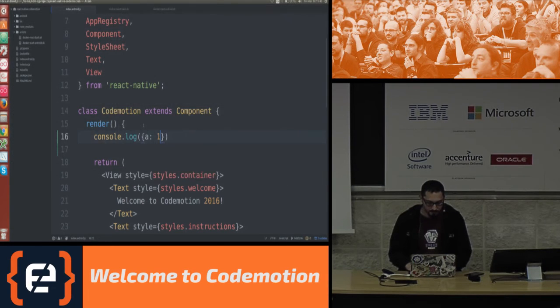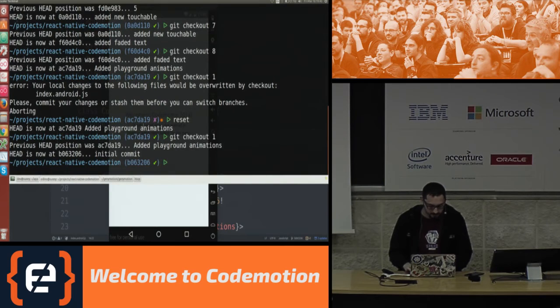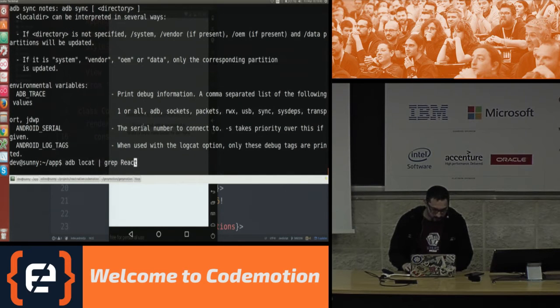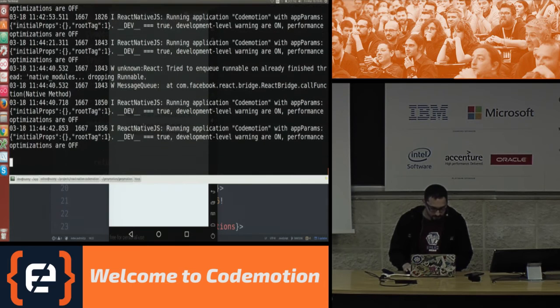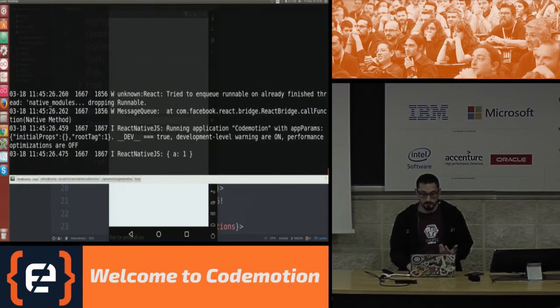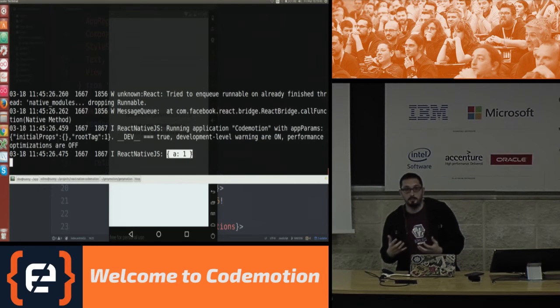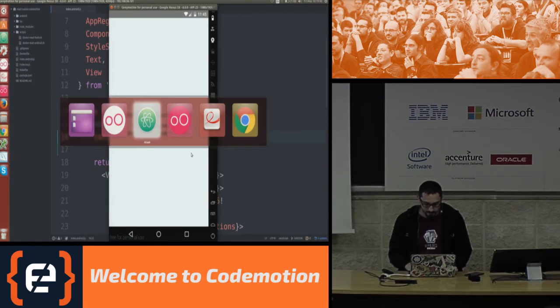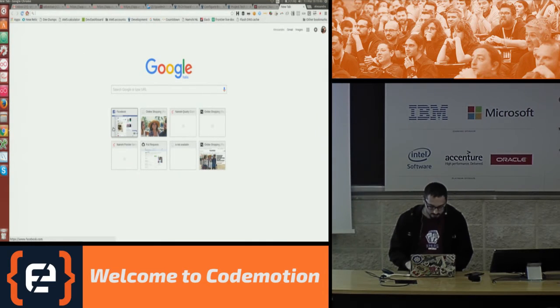Okay. So now our app is gonna be running. I have this container running React Native, adb logcat, grep React. Okay, I'm gonna run the app. I'm just gonna start seeing stuff here. Now, this might be good, but it's definitely not good enough. So that's why these guys are particularly awesome, because they built